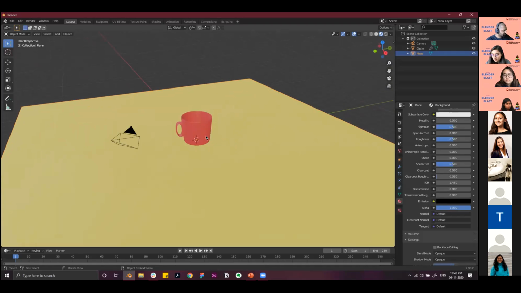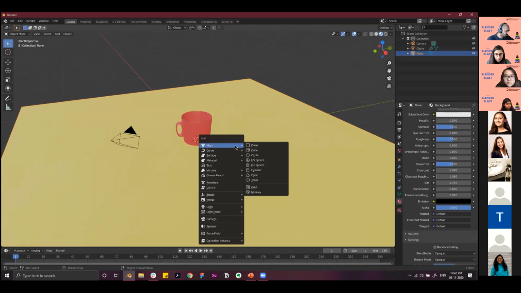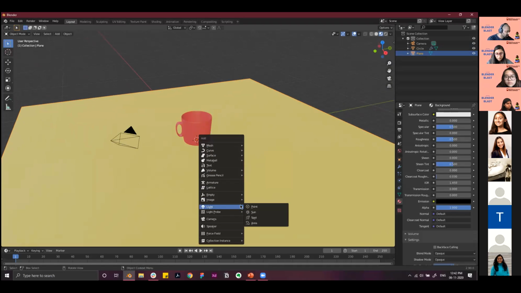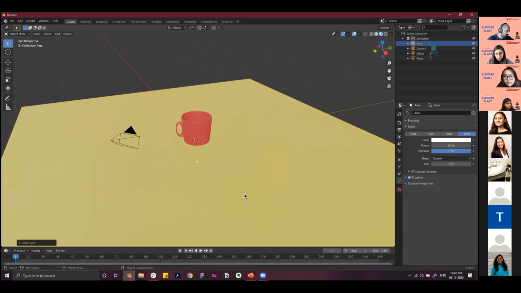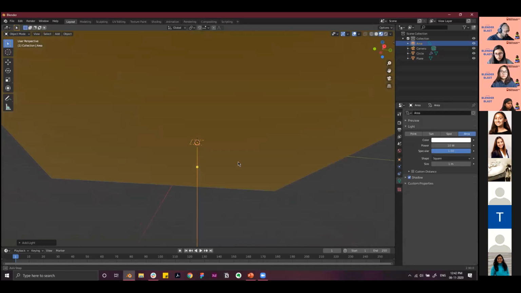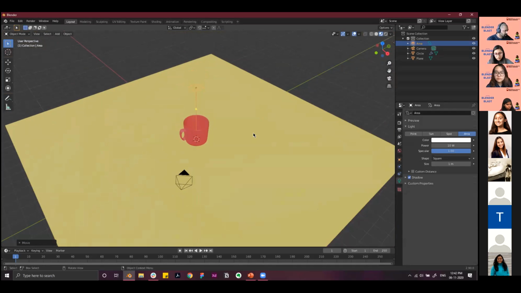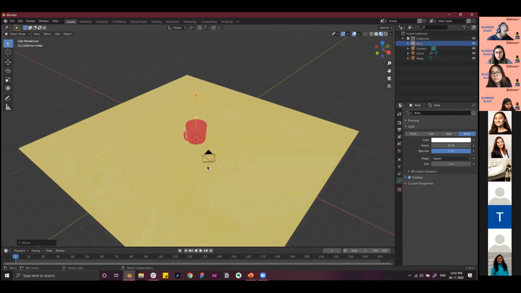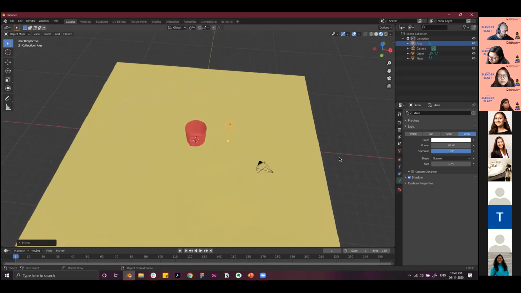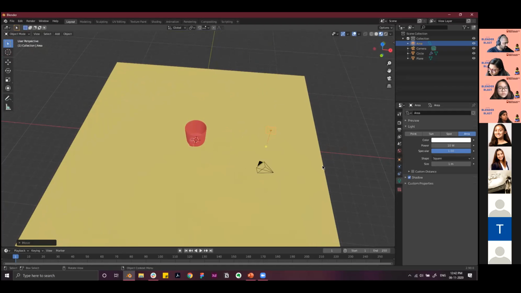So once you have the background and the mug in place, you can press Shift A, and then you can go down to light, and then you can add an area light. So I think the light got placed out here. So we'll have to drag it up. The way you do it is by pressing G and Z. That will bring it up. And then you can move around the light source any way you want. So we'll be dragging it out here somewhere, towards the camera, so it'll be a light source behind the camera.